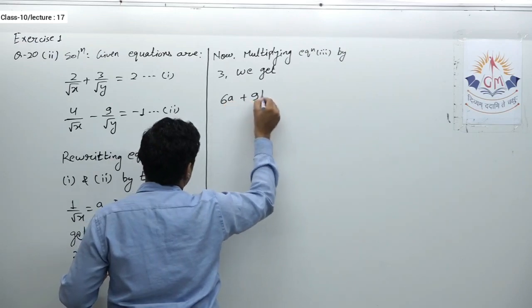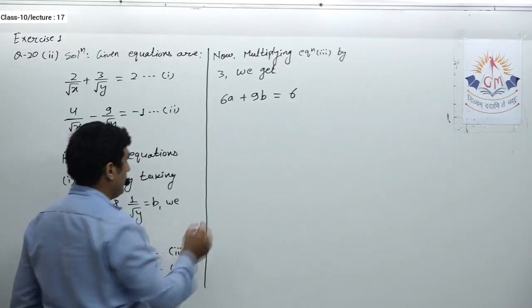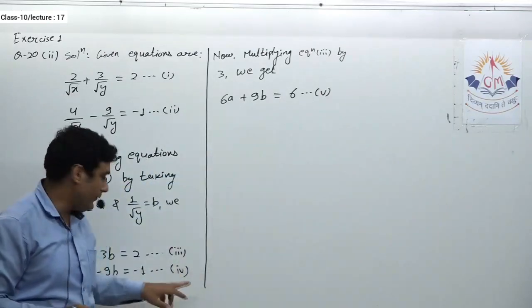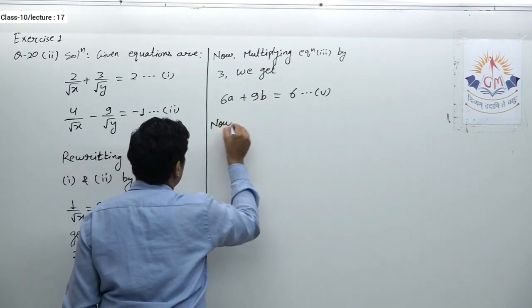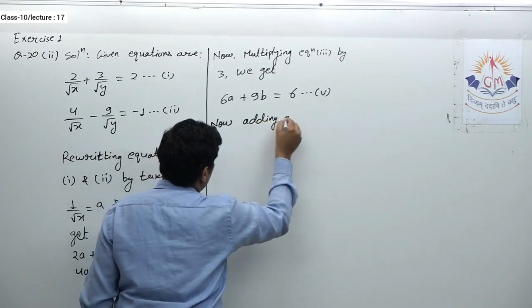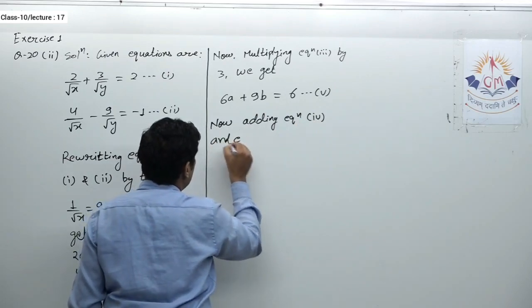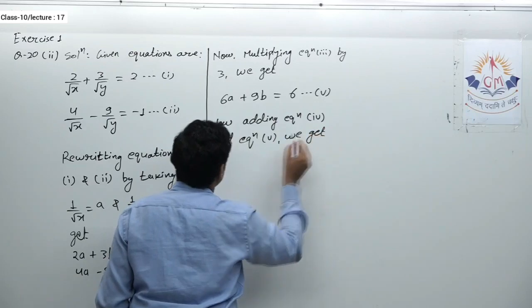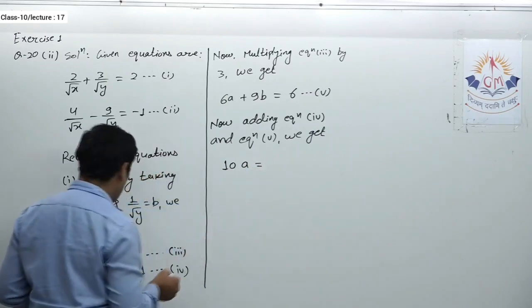6a plus 9b is equal to 6. 3 times 2 is 6, 3 times 3 is 9, 3 times 2 is 6. So this is equation number 5. Now by adding the 4th and 5th equations, definitely I can eliminate b and I will get the value of a. Now adding equation 4 and equation 5, we get 6a plus 4a, that is 10a, is equal to 6 minus 1,